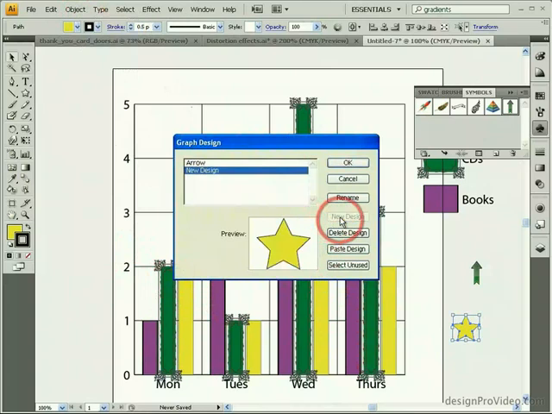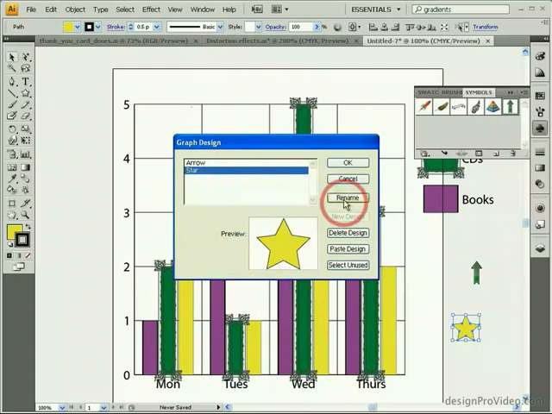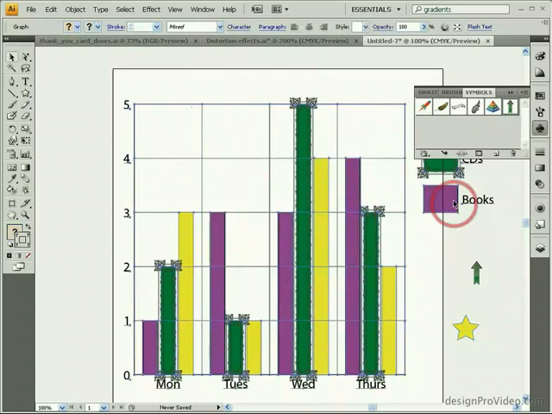If you select New Design, then you can rename and make that design available. This Graph Design dialog box lets you manage the available designs that you can add to your graphs. You can paste designs, select any that are unused, and rename them. After you have designs added,